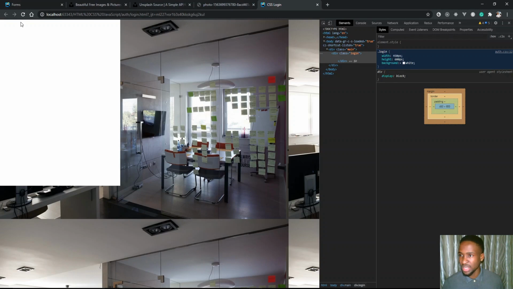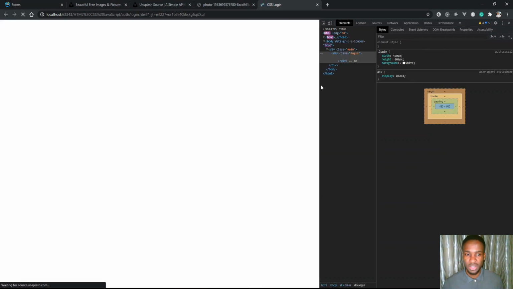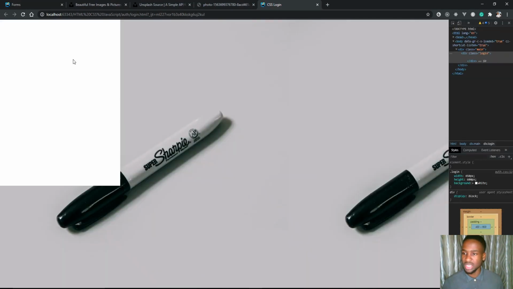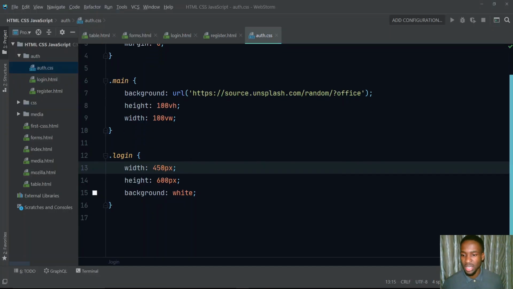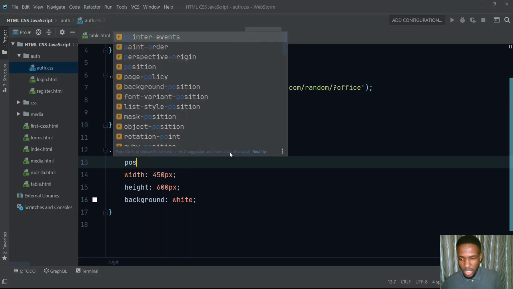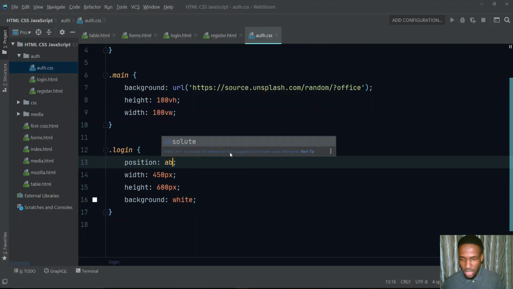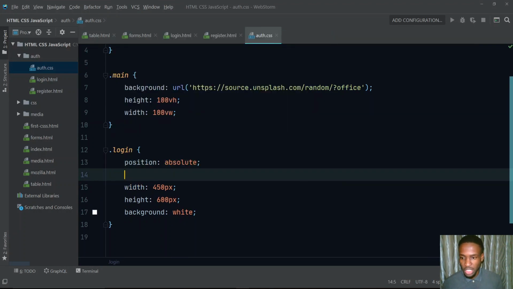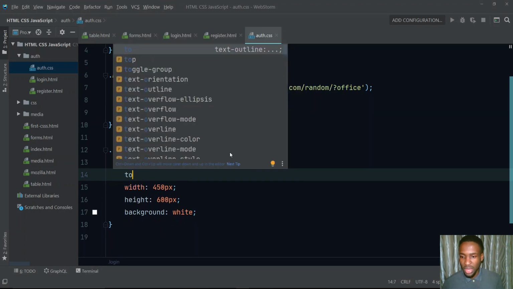We'll save this and now we can refresh. Great, so we can see the box over here, but I really don't like the way it's displayed over here, so I'm going to change that. I'm going to be giving this a position of absolute, and it's going to have a top